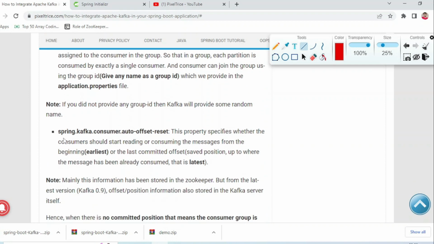Now the third property we have is auto offset reset. So what is the meaning of this property? This property specifies